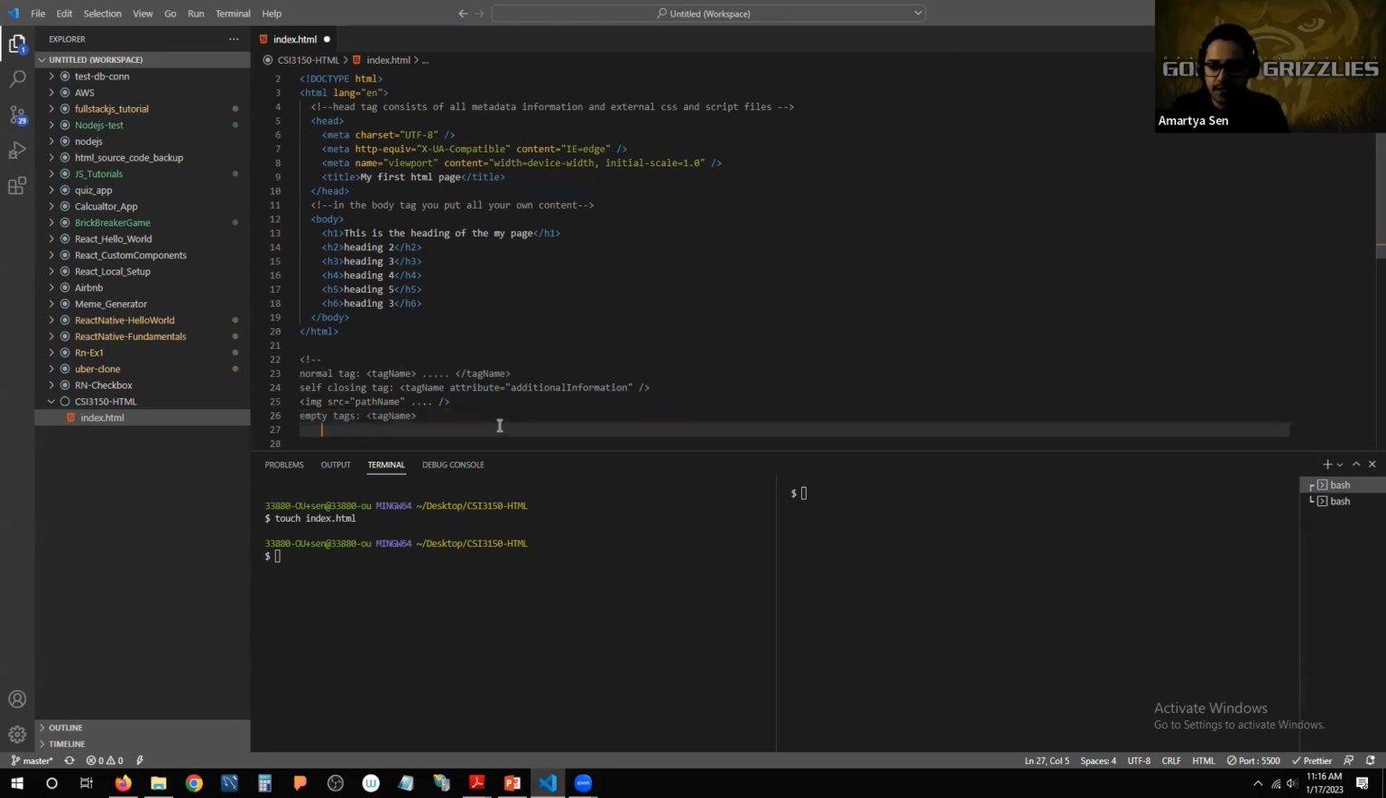So essentially, let's say if you want to put a new line, right? You want to put a line break on your web page, right? So the tag for that, for example, is just BR, which stands for break. Let's say if you wanted to put a horizontal line in order to create separations between the two pages, right? Or between the different sections of your page, right? So the tag for that is also an empty tag, which is known as HR, which stands for horizontal rule,